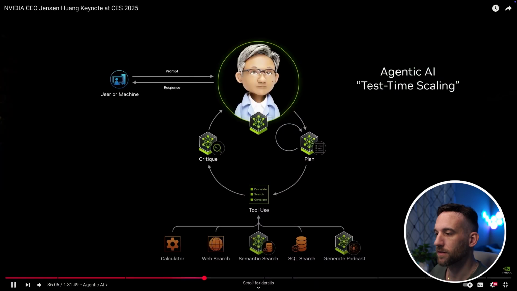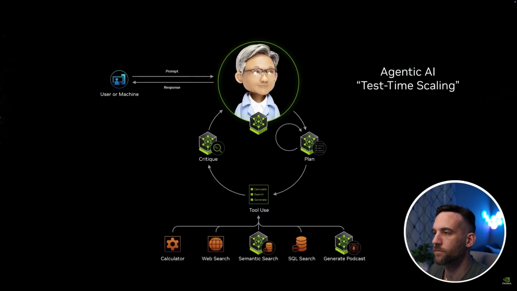Most important things that's happening in the world of enterprise is agentic AI. Agentic AI basically is a perfect example of test time scaling. AI is a system of models. Some of it is understanding, interacting with the customer, interacting with the user. Some of it is maybe retrieving information from storage, a semantic AI system like a RAG. Maybe it's going on to the internet. Maybe it's studying a PDF file. And so it might be using tools. It might be using a calculator. And it might be using a generative AI to generate charts and such.